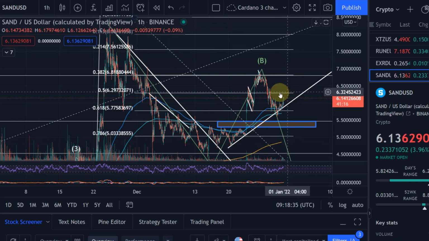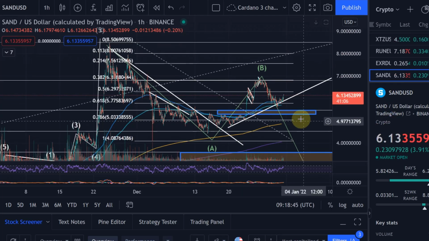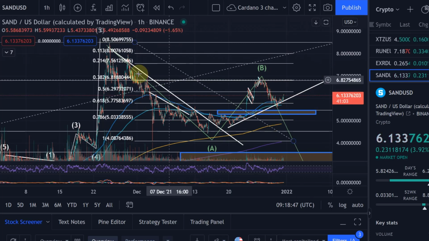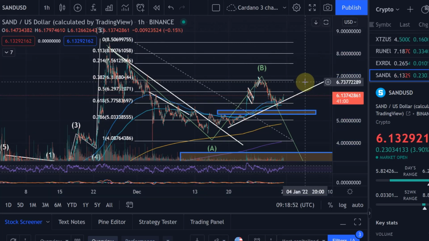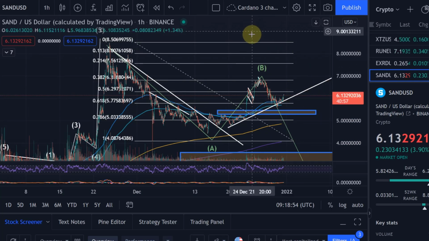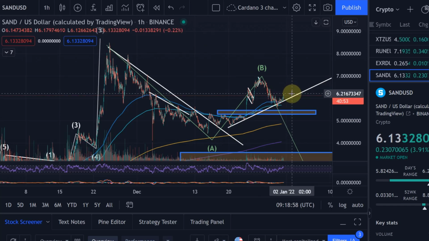But overall, we're already in profit, which is great. I'd be careful about this one here, the 630 level, because just recognize that this could be an important retracement level. But overall, looking good so far here for the Sandbox, and I think we can expect some further moves up here along this trend line.